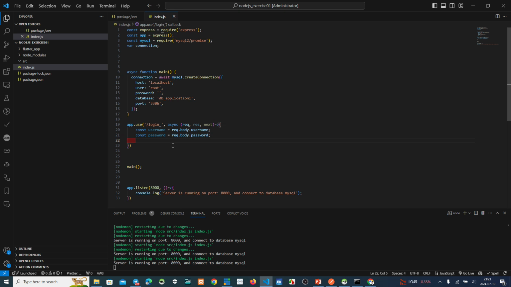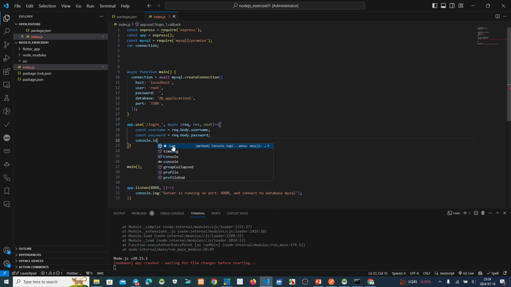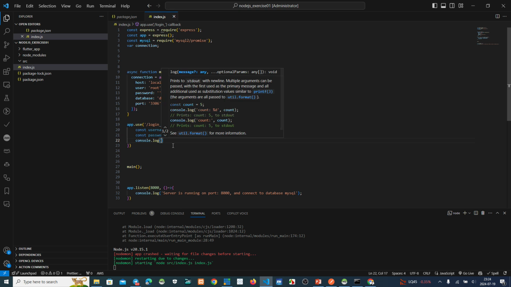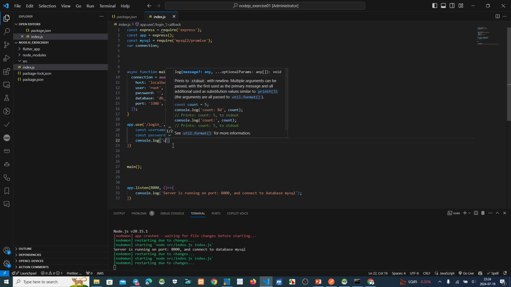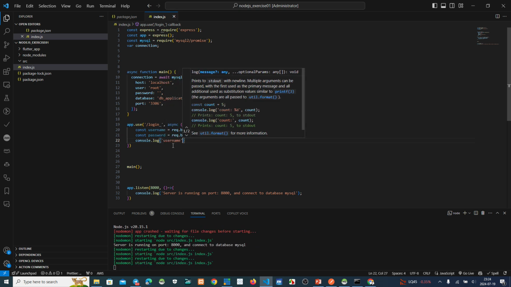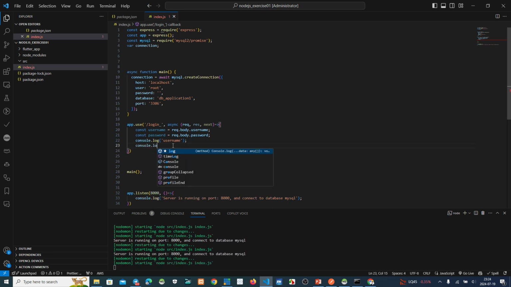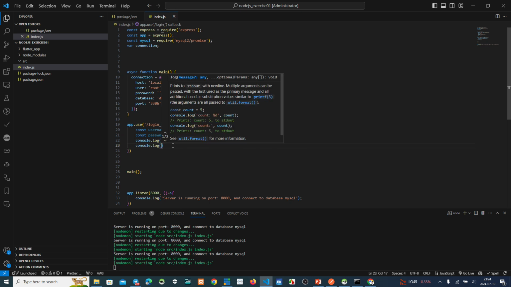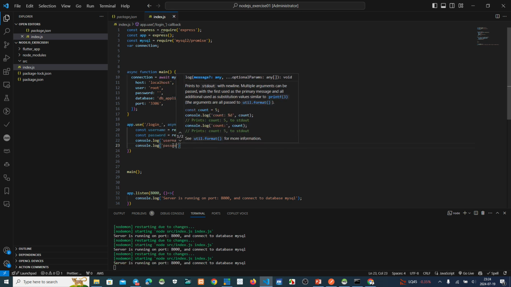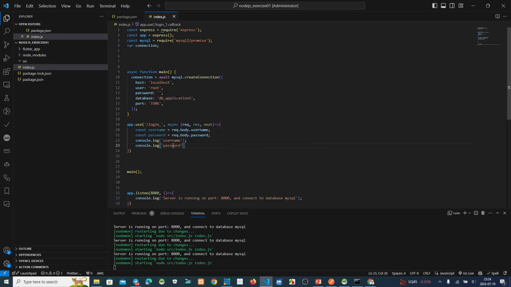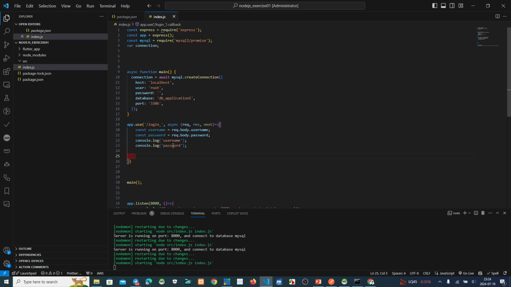So we must use console.log for the username, and then console.log for the password.